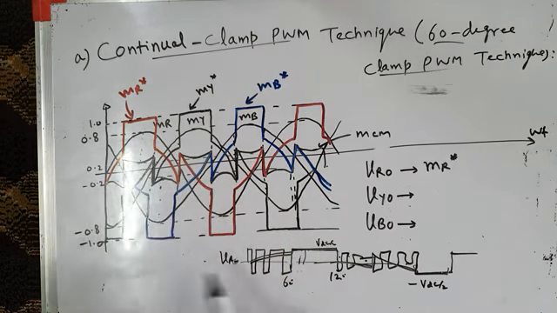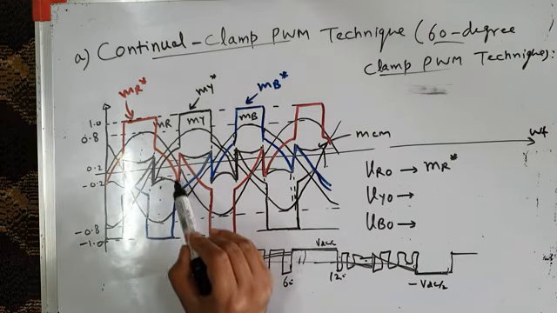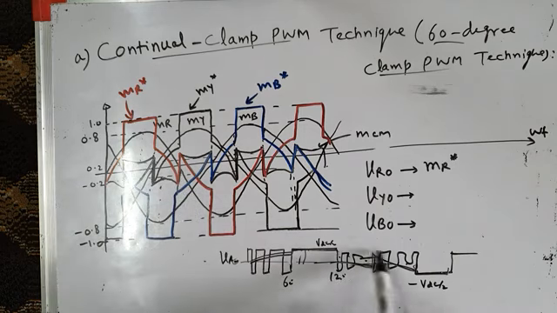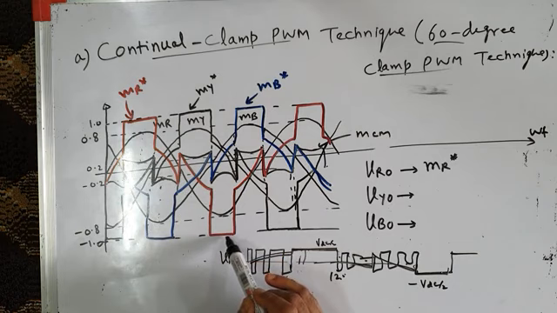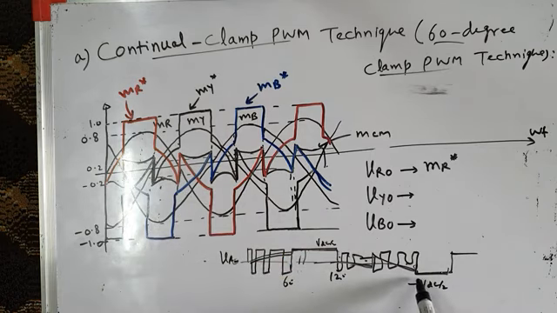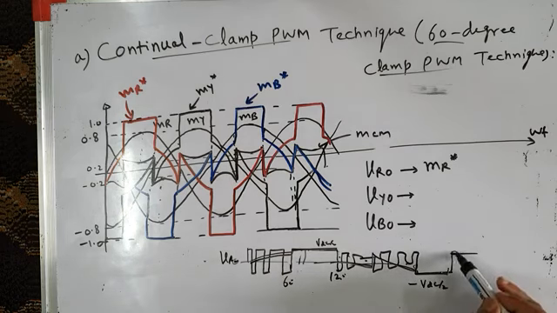The actual voltage waveform will be like this. From 0 to 60 degrees, it will be switching like this. From 60 to 180 degrees, my phase leg R is clamped to positive DC bus, and pole voltage is plus VDC by 2. And then from this instant to this instant, it is again switching. Then over this 60 degree interval, my phase leg R gets clamped to negative DC bus, and VRO is equal to minus VDC by 2. And that completes one cycle. Then it again switches over this period.